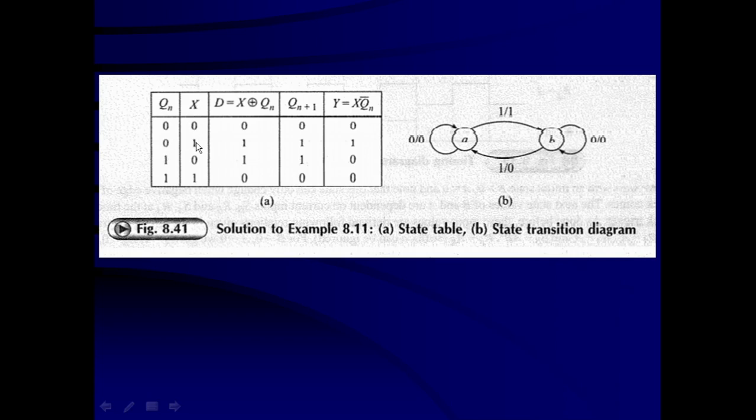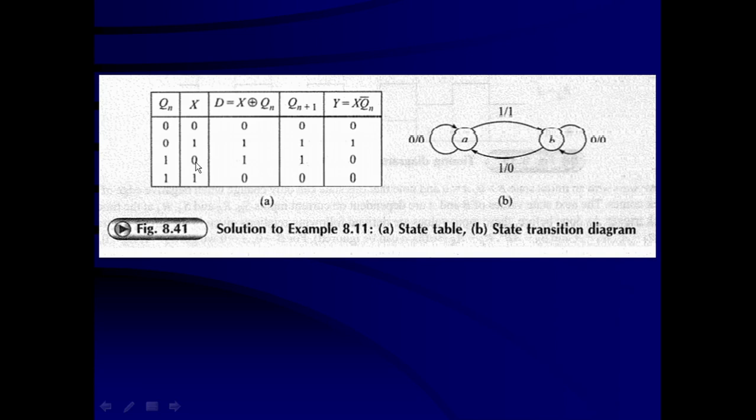Now X can be 1. So X is going to be 1. What is the D input? Output of the exclusive OR gate, which is having input 0 1. So that output of the exclusive OR gate is going to be 1. So D input is going to be 1. After the clock pulse occurs, the D flip-flop takes the value of D. So Qn plus 1 is going to be 1. This is the next output after the second clock pulse. This is going to be the present state before the third clock pulse. So this is going to be 1.